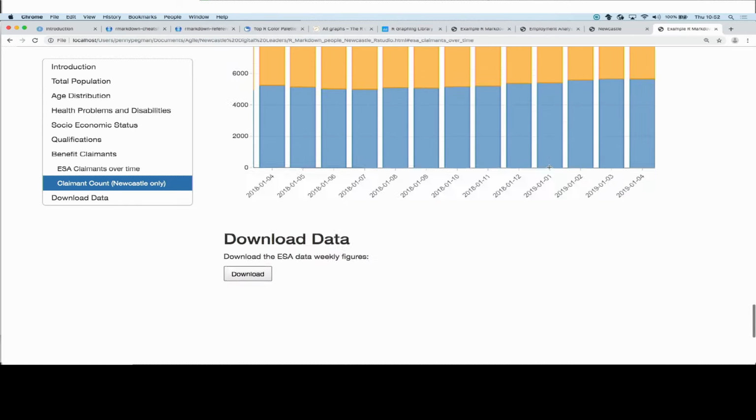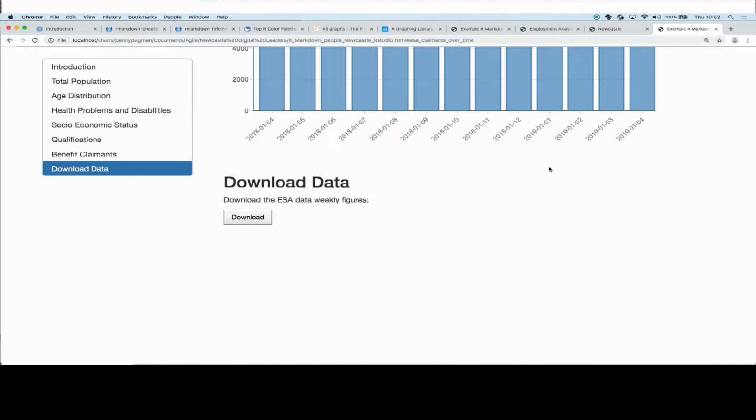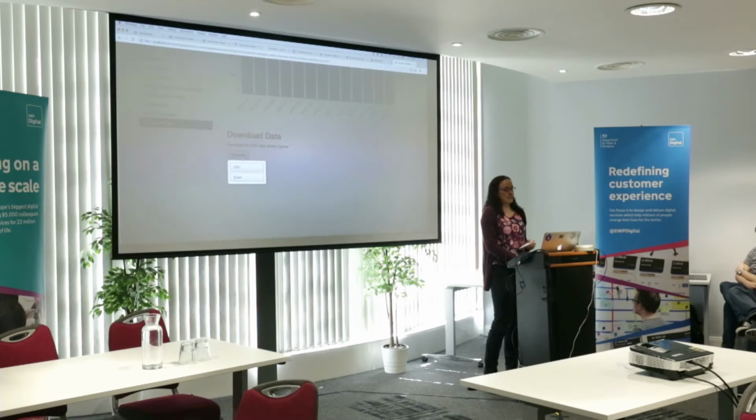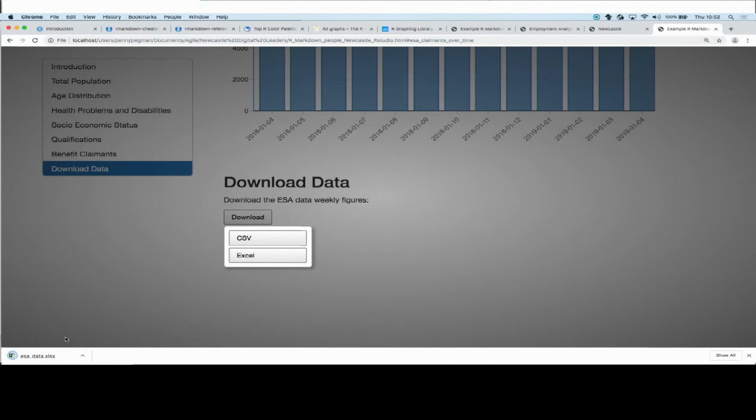Also, what we find is a lot of our users want to play with the data themselves. So we have a feature where they can download the data. Sometimes we can have multiple things they can download. They can click on a download button for the ESA data figures, and they have the option to download as a CSV or an Excel file. If we download it as an Excel file, it downloads here, and then